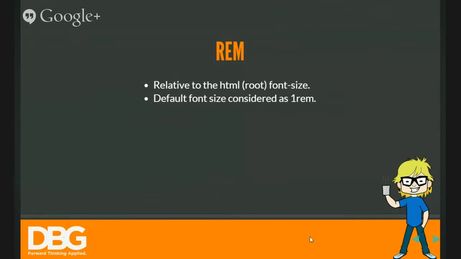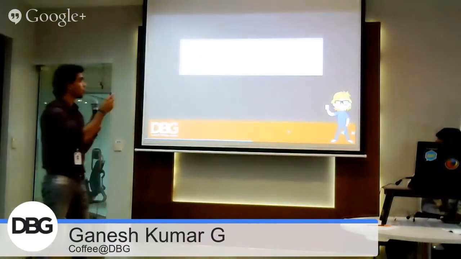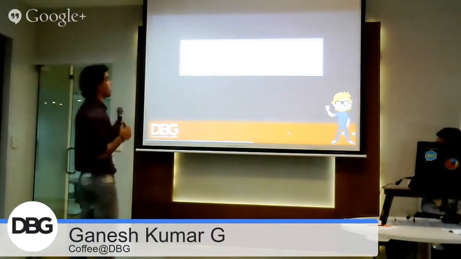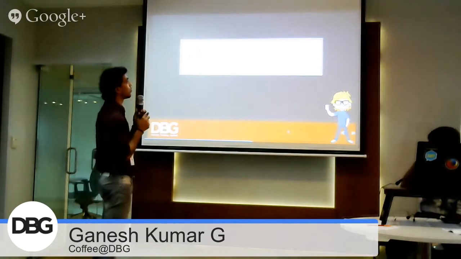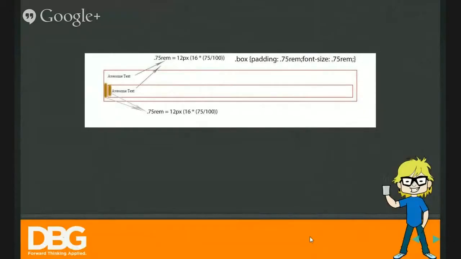Okay. Nesting of REM unit. Here we have padding of 0.75 REM and font size 0.75 REM. The outer box class has a font size of 12 pixels, because the base font size is 16, then 16 into 75 by 100 is 12 pixels.